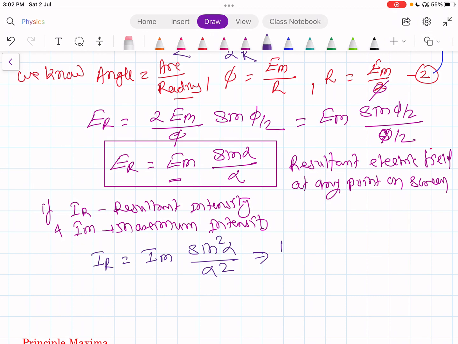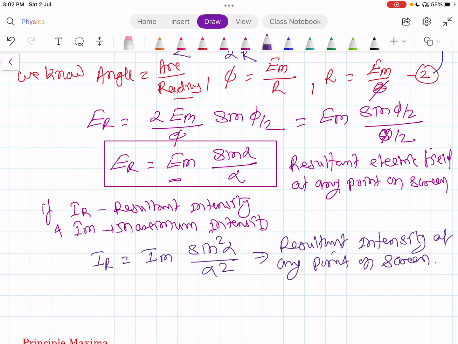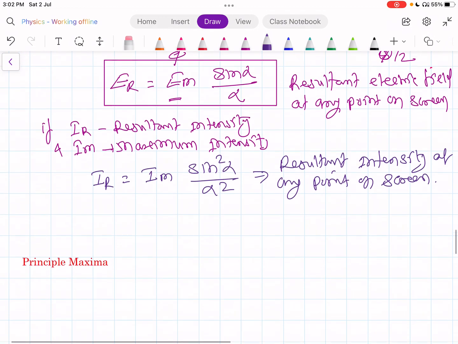So this equation gives us the resultant intensity at any point on the screen. So we got the equation for the resultant electric field, or you can say resultant amplitude, as well as the equation for the resultant intensity at any point on the screen. So let's find then the condition for principal maxima,